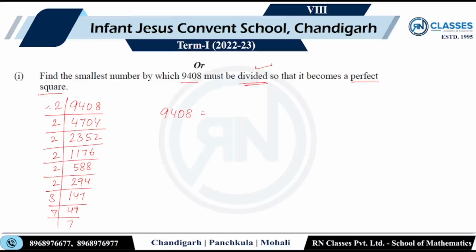So means it is 1, 2, 3, 4, 5, 6. So 2 into 2, 2 into 2, 2 into 3 into 7, 7. So first pair, second pair, third pair. And the pair of 7 is also complete. So we have to divide. By what should I divide? By the one whose pair is not complete. Divide by